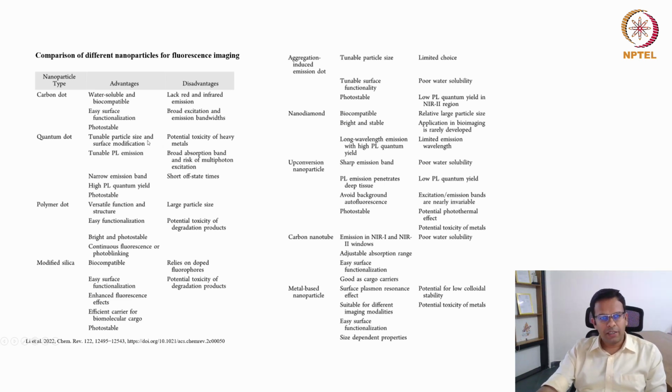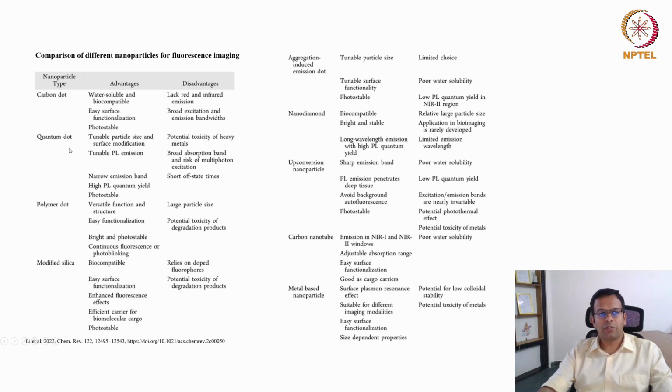So they have a tunable particle size and surface modification, tunable PL emission. PL stands for photoluminescence. So they have tunable photoluminescence emission, narrow emission band and high PL quantum yield, and they are photostable. Their emission bands are narrow, but how about the excitation? Here it must be mentioned: broad absorption band. Their excitation band is broad, and there is risk of multiphoton excitation, short off state times, and potential toxicity